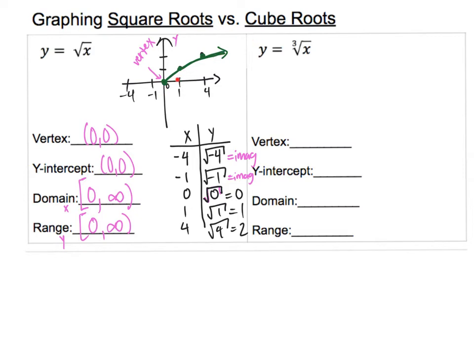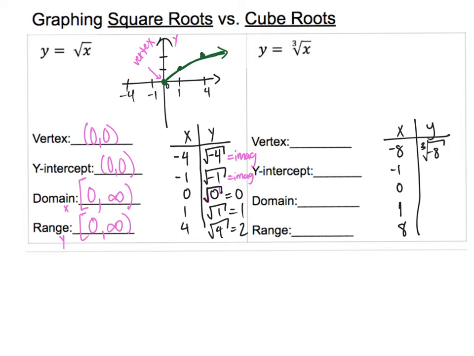I like to think of this kind of like a surf wave or a trajectory, like something sprouting out. For cubic functions, let's investigate what that would look like. So I'm going to make some x values here. Maybe I'll do -8. That might be easy to use. -1, 0 is always easy. 1, +1, and +8. So if I were to stick in -8 into a cubic function,